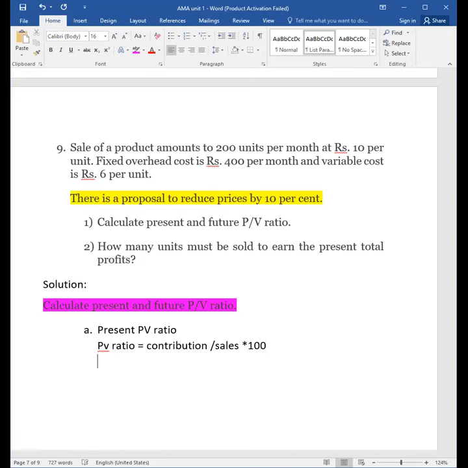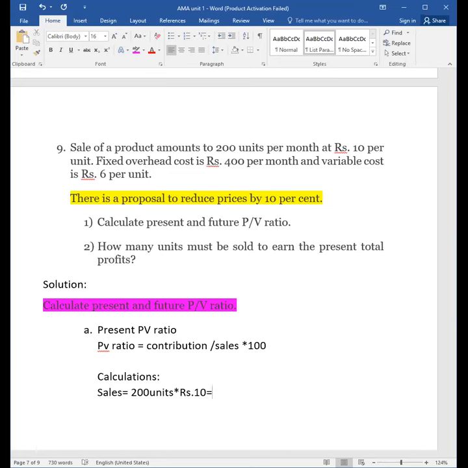So to calculate the contribution, you require sales. They have given you the sales, the fixed cost and the variable cost, so you can calculate the contribution and sales. First, they have given us the selling price per unit, so we need additional calculations. Sales is equal to how much? 200 units into rupees 10 is equal to